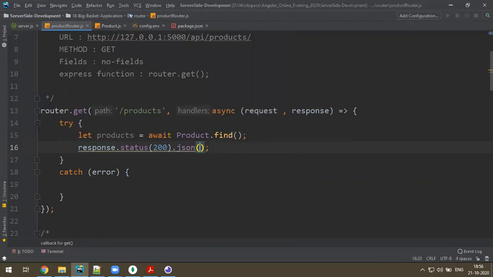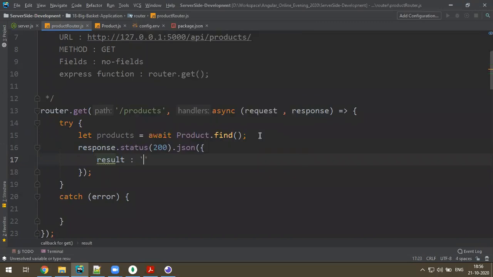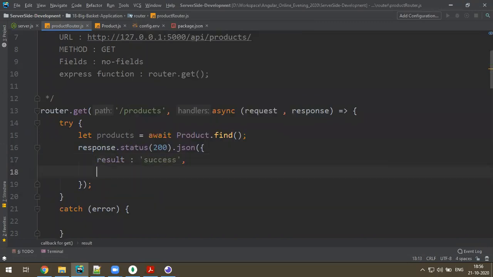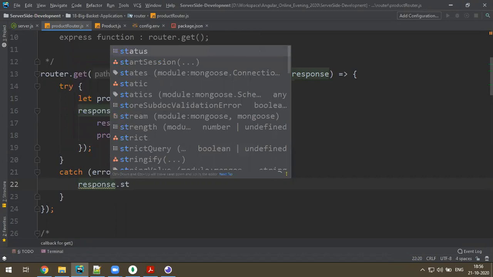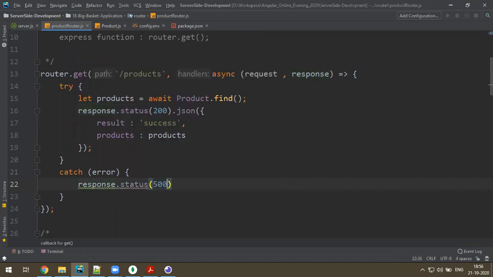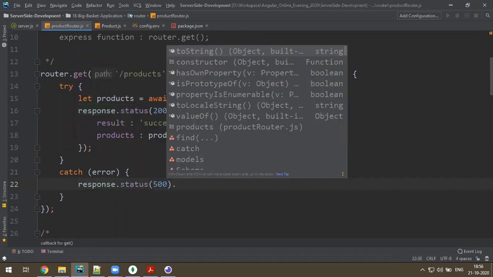Let's make result is success, and all the products will be my products. If there is any error while retrieving the data, I make response.status 500, server error, and